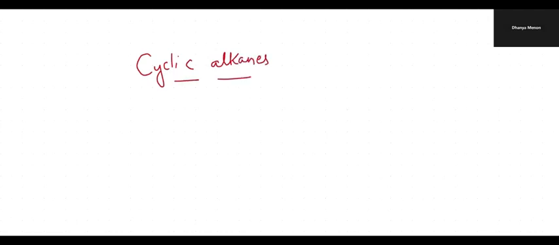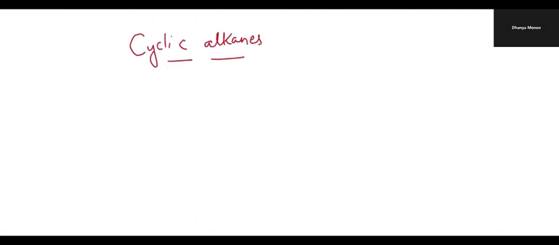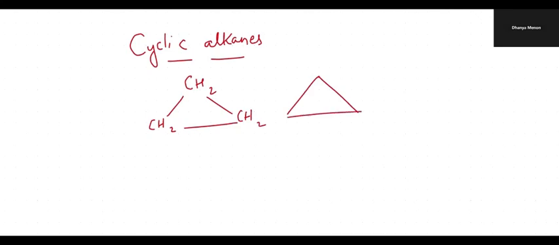Cyclic alkanes means where we have closed structures like this. These are closed structures and we draw it like this. These are called closed structures. Okay, and